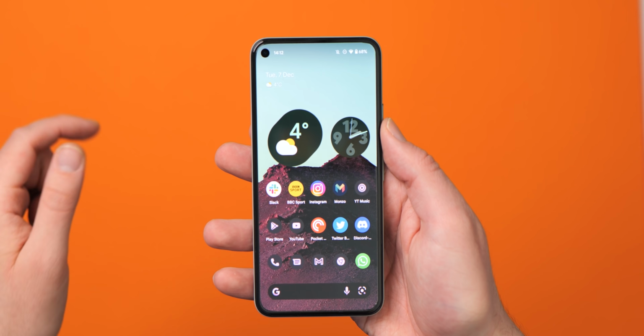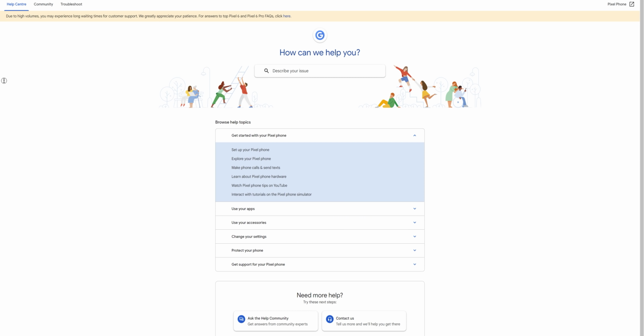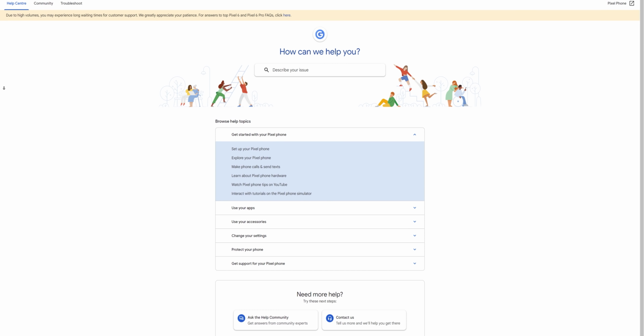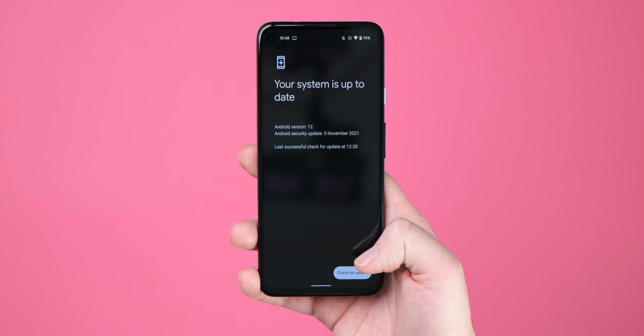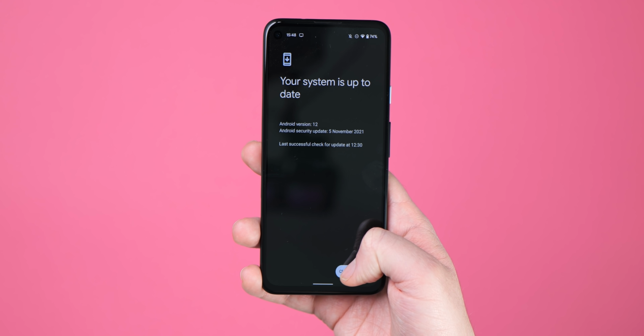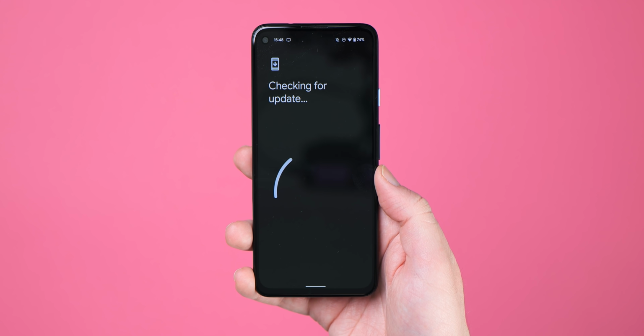We really want to know if this has fixed things, and again, if you are seeing problems, it's definitely worth raising a support ticket to Google on their dedicated forums, as it could come in a future update and help fix some of the niggling little issues with Android 12 that dull the sheen of the entire massive overhaul a little bit. I do know that this has been a little bit of a different video to what we'd usually post,